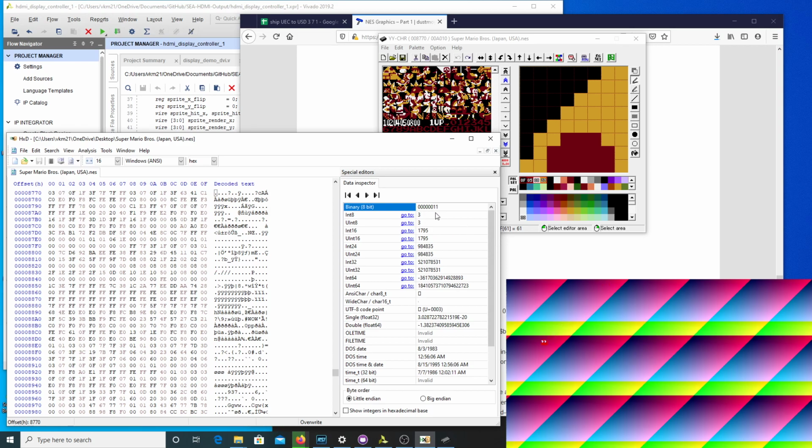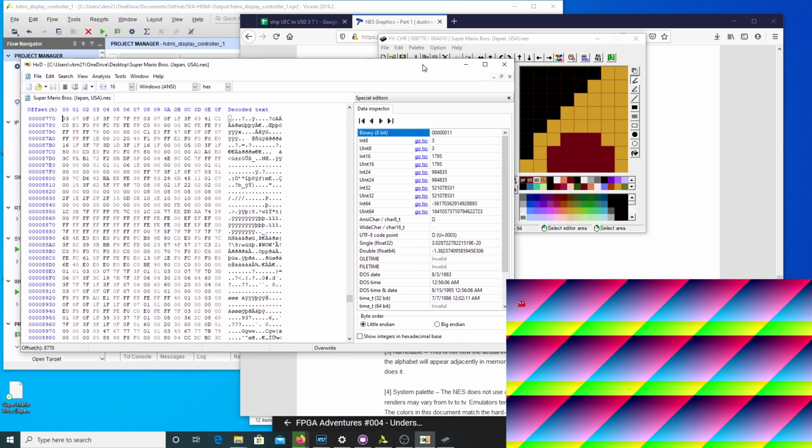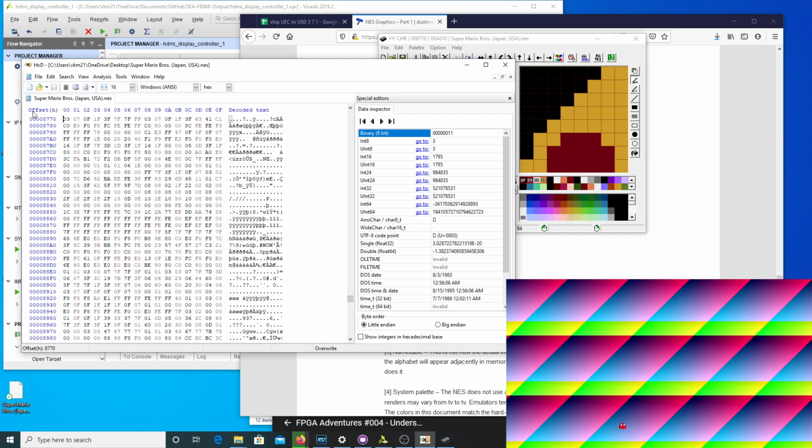This editor is great because it also shows me the binary, and since the NES was a very memory constrained system, everything is defined using as few bits as possible, and that's pretty nifty and helpful for us right now. So over here is our mushroom, and in this row, these 16 bytes define all of the data for the sprite. The first 8